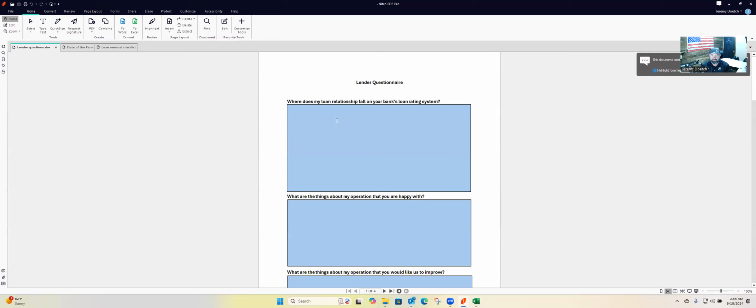So both this lender's questionnaire and the state of the farm, both of these are PDF fillables. What I want here is for you to get an idea of what the bank thinks about your farm and what's going on with the bank's business. So send this ahead of your financing package, send it ahead of your annual meeting, and try to request it back before your annual meeting so that you've got an idea of